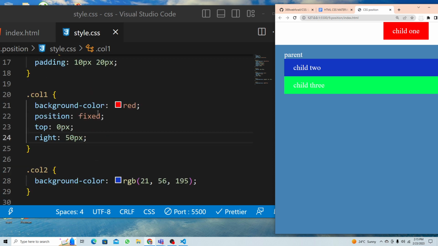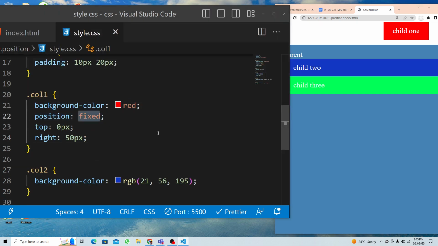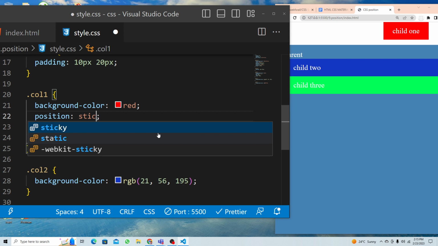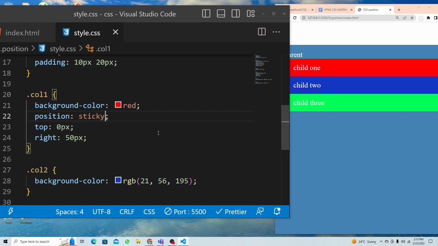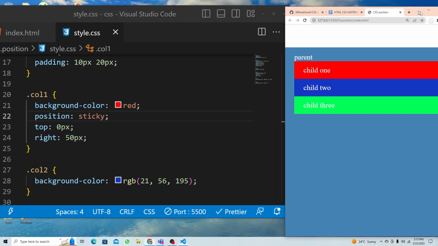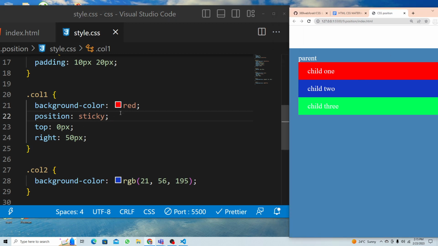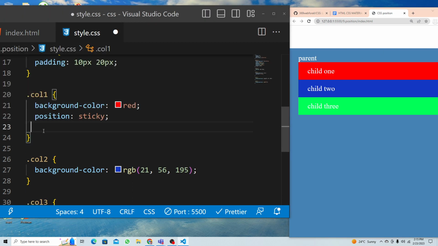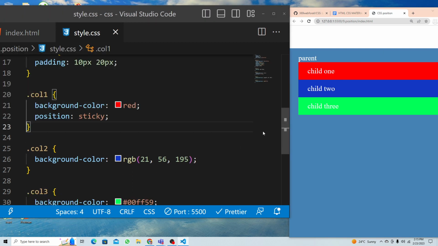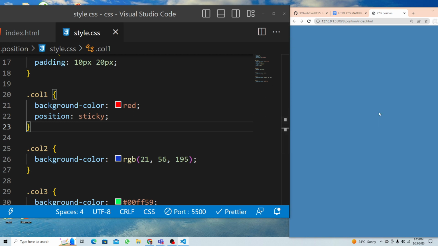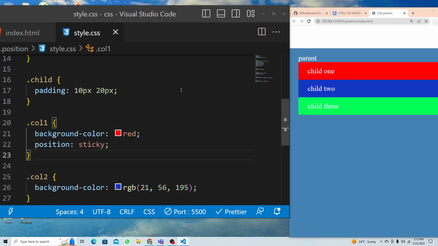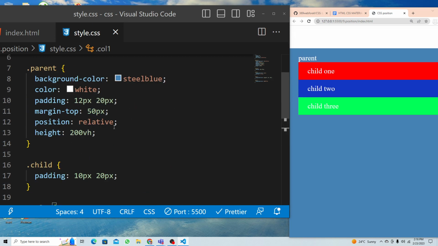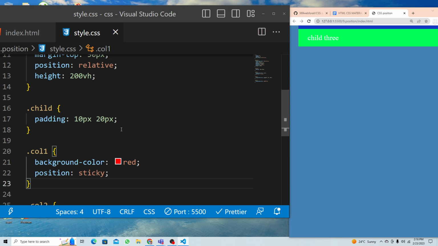The last one is sticky, right? Sticky. So let's change to sticky now. Sticky is the same as relative, right? When you put sticky, nothing happens, correct? If I remove these two, nothing happens, right? See? So sticky is the same as relative, right? So you just make this